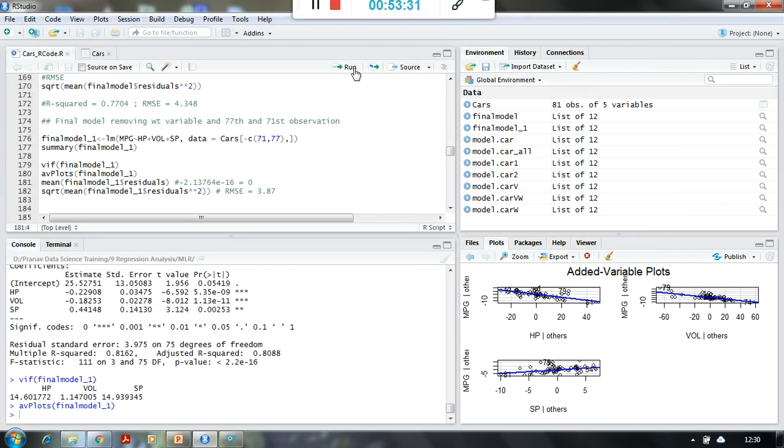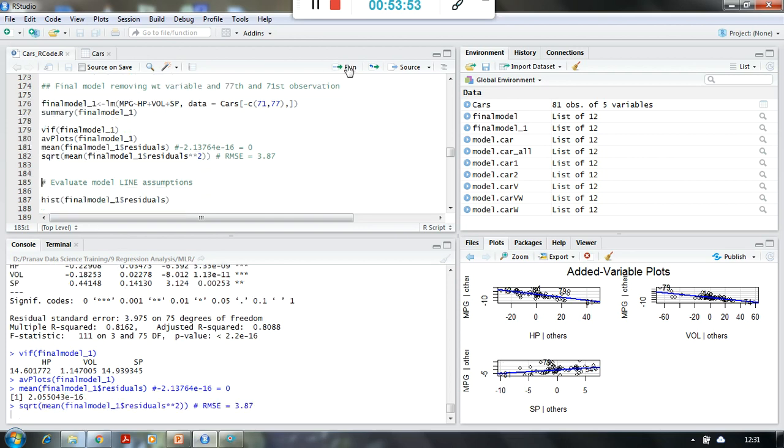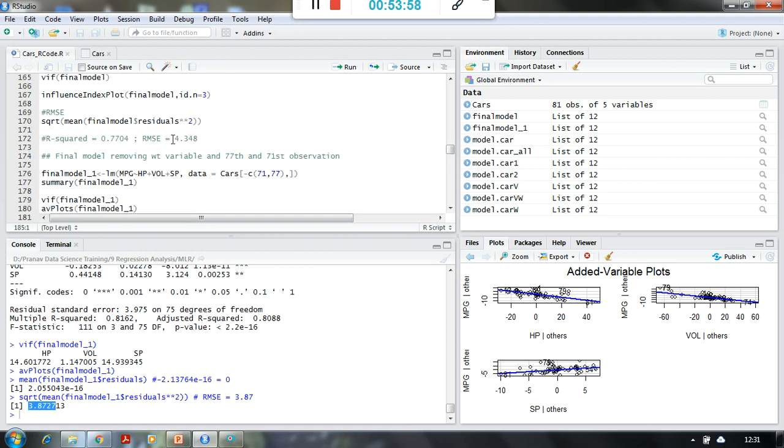So let us check the average of the errors. Final model _1 residuals, which means the residuals are nothing but the errors of this particular model. I'm taking the average of those errors. It has to be 0, and yes, e to the power minus 16, which means it is approximately 0. And now I am checking the RMSE value. So RMSE has also dropped. Earlier it was 4.34 something. Now it has gone down to 3.87,